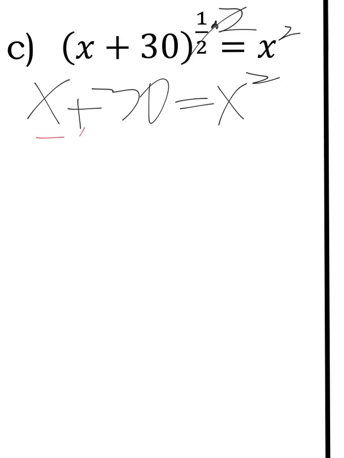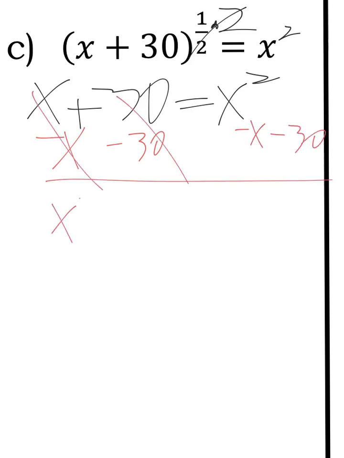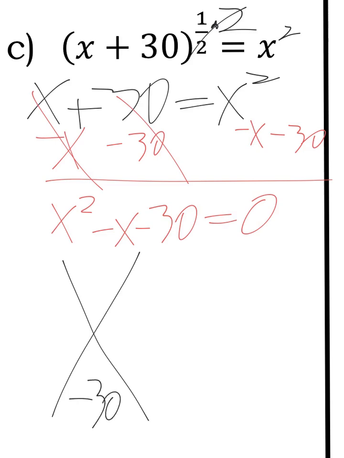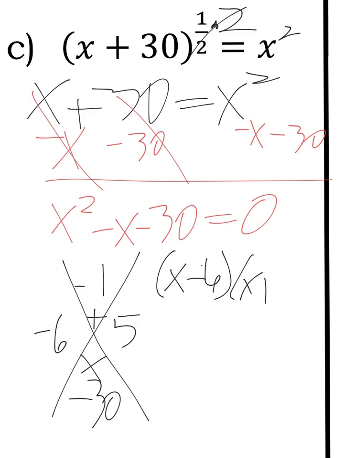So I'm going to subtract x and subtract 30 over on the same side with the x squared, because I can factor all that. X squared minus x minus 30 equals 0. What are my factors of negative 30 that add to negative 1? Well, 6 and 5 make 30, and if the 6 is negative, they'll add together for negative 1. So I'm going to say x minus 6 and x plus 5